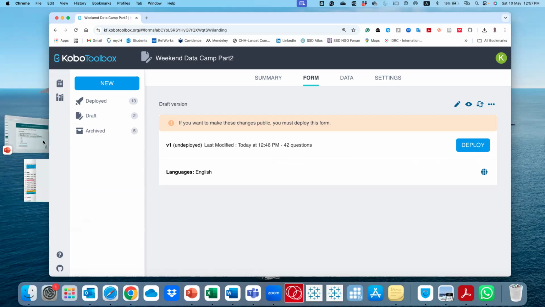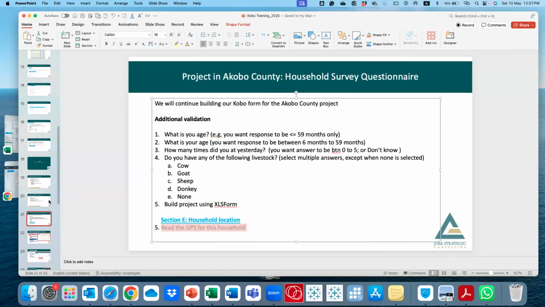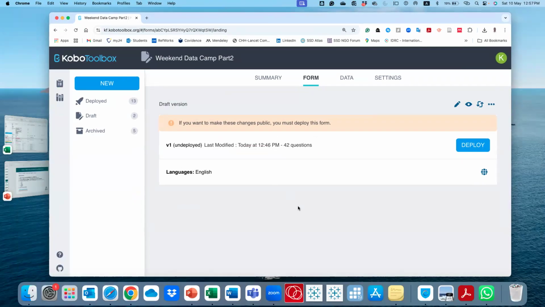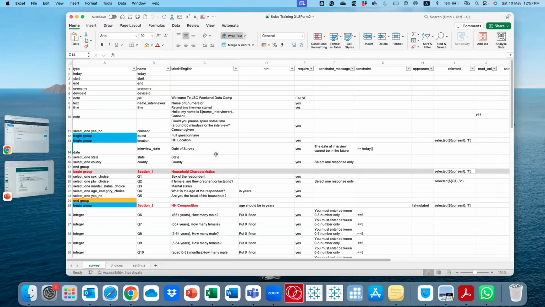It will look relatively different. It will just simply ask you to click, and then you click and it simply pulls up the GPS coordinates and records automatically. We usually tell our participants when they go to the field that when picking GPS coordinates, in case you're conducting the interview inside, it's advisable to come and pick the GPS coordinates from outside, because from outside the satellites can be easily detected.